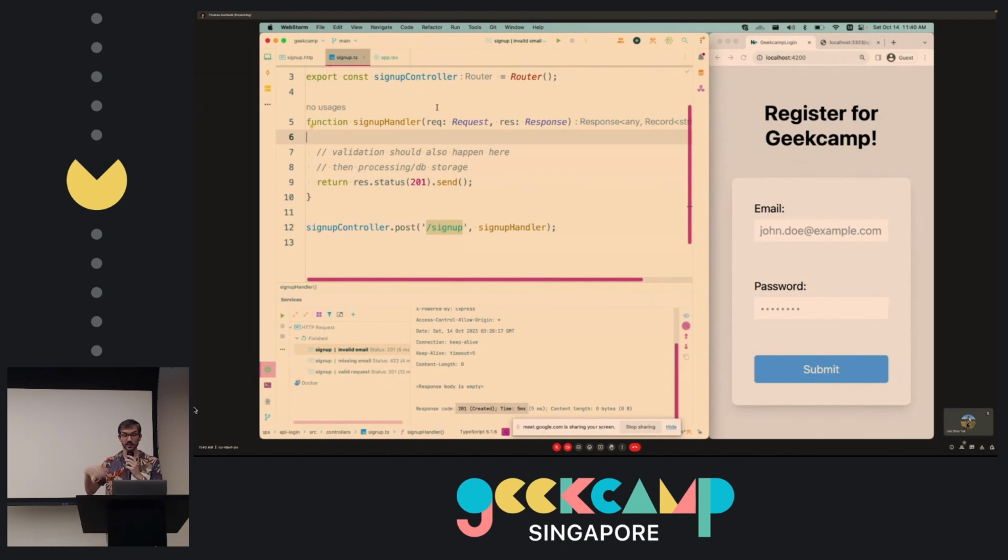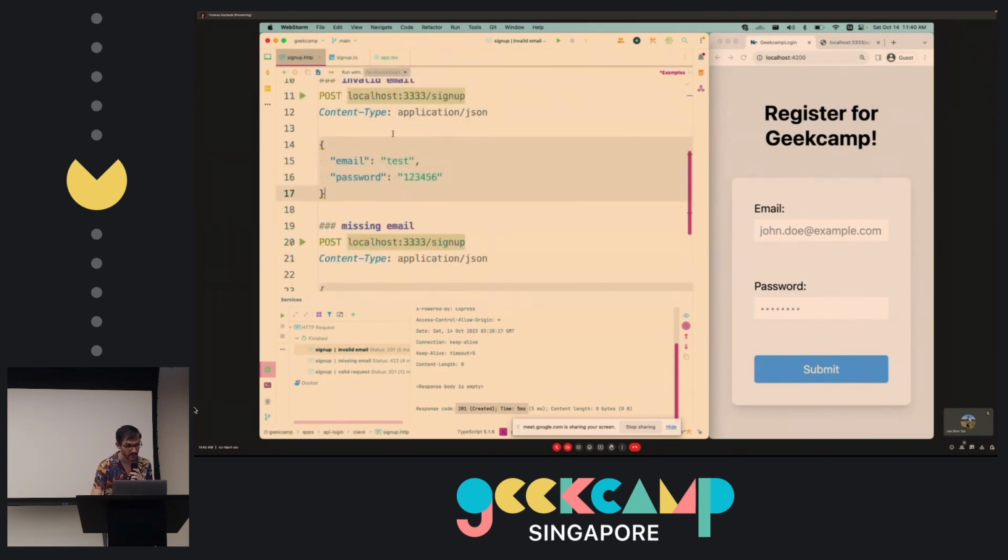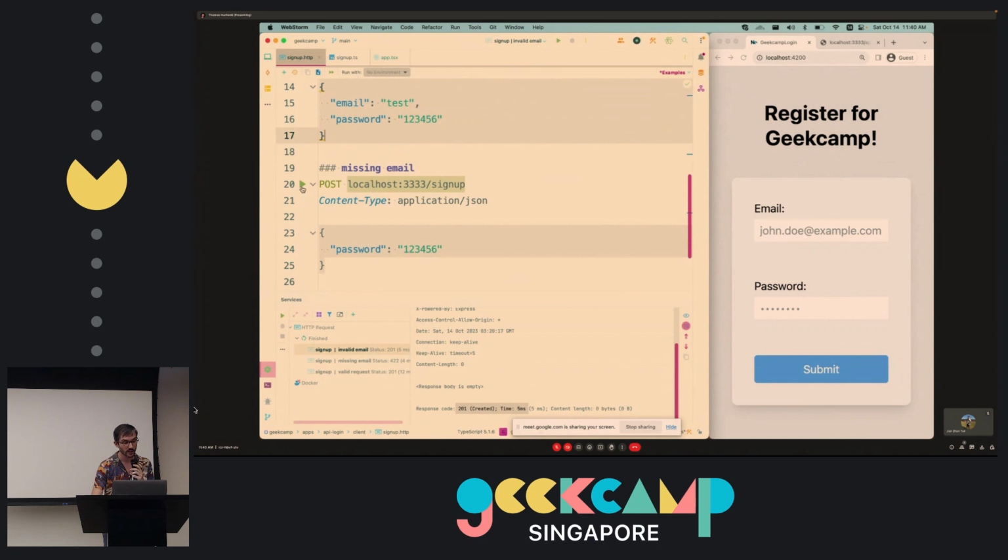I can read the request, and then send a processing error whenever someone tries to submit something that is bad. So let's say, instead of accepting a payload without an email, I can send an HTTP error saying, you submitted something that is not properly formatted, you need to fix it. And I can send the list of errors to the front end, and then the front end can wire it,